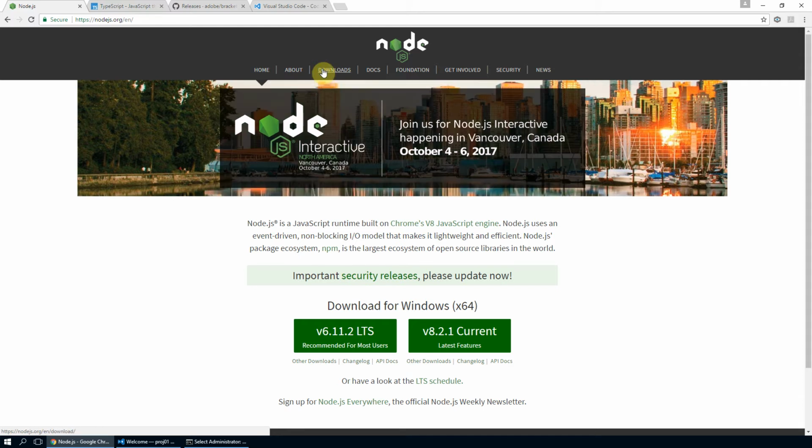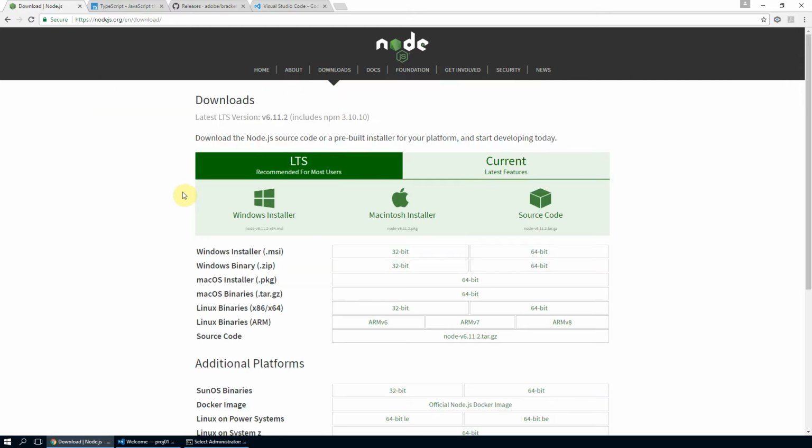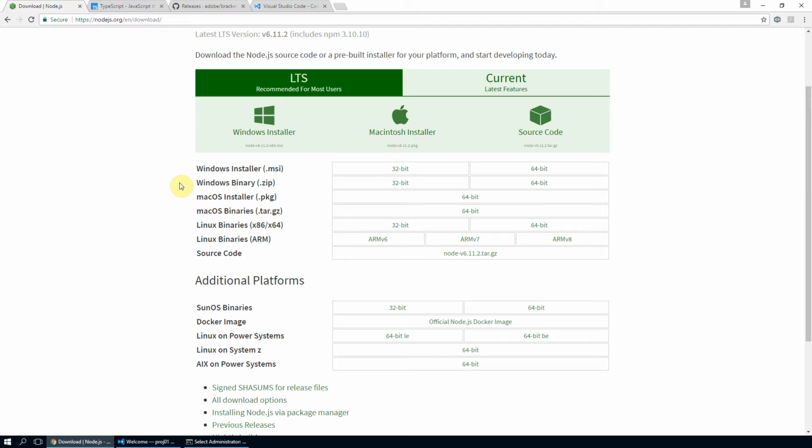Over here you will see downloads link. Click this particular link and it will show you different installers depending upon your machine type. You have got Windows installer for both 32-bit and 64-bit machine, Mac OS installer for 64-bit machine, and Linux installer for 32-bit and 64-bit machine. So depending upon your machine type and operating system, you can download a respective installer on your machine and follow the installation steps that you see on your screen. There is nothing fancy in the installation steps. Follow the instructions and get it installed.